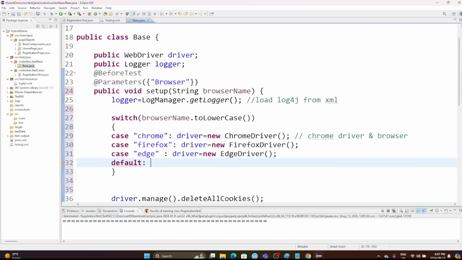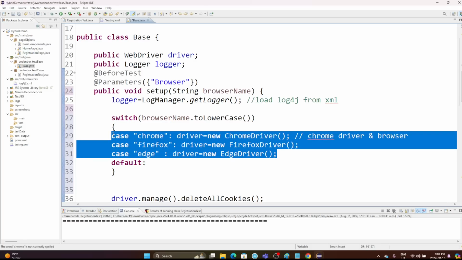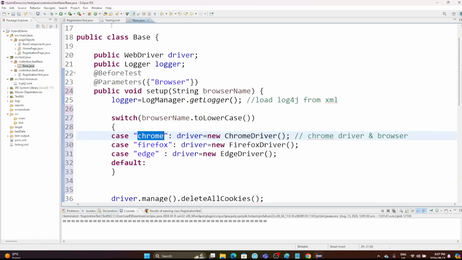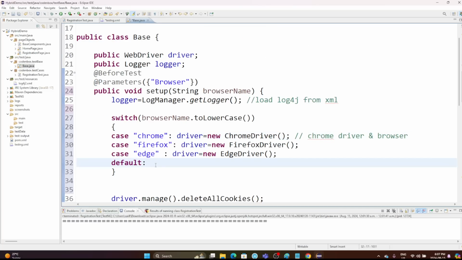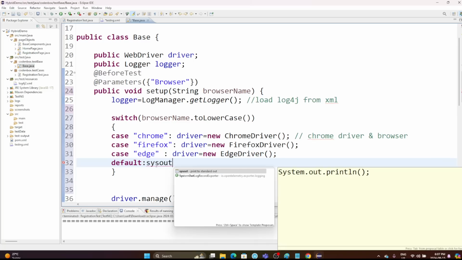Default. So the default means if none of the case match, for some reason, over here the testing browser name value, we put something not a Chrome, Firefox, or Edge, something else which doesn't match, by mistake. So definitely we should have some default value. So in that time, we'll say the default would be sysout. Let's do a print. So if it doesn't match, so it means